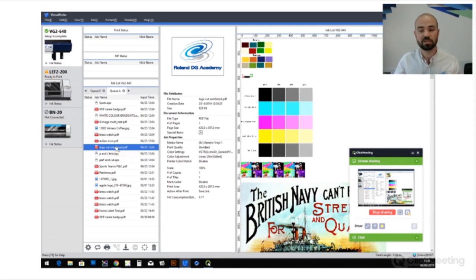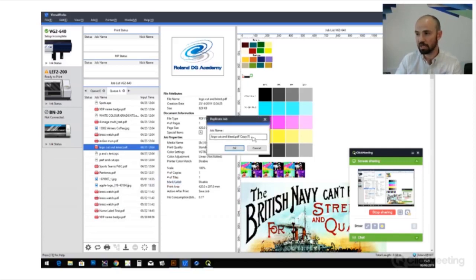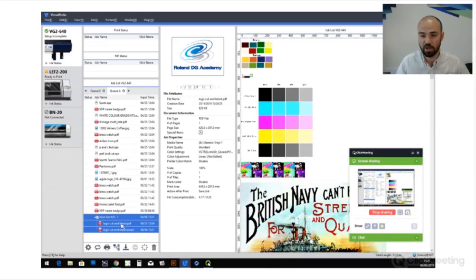So this logo cut and bleed job, let's say, for example, that I actually wanted to make 2 copies of this job. Rather than importing the job twice, what I can do now is right-click and go to duplicate job. Let's call this one logo cut and bleed small, for example. Now I've got these 2 jobs, and what I'm going to do is highlight both of them by using the control key and clicking on both of them,